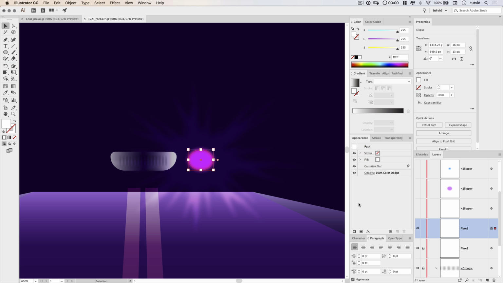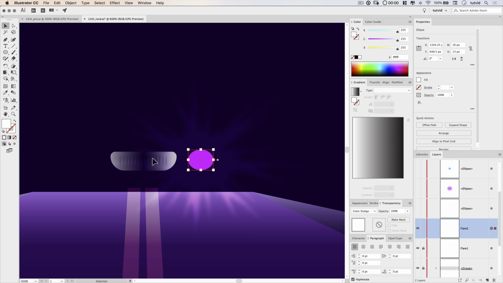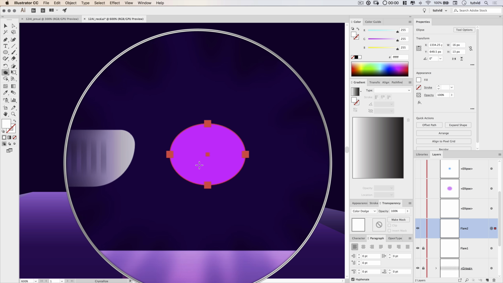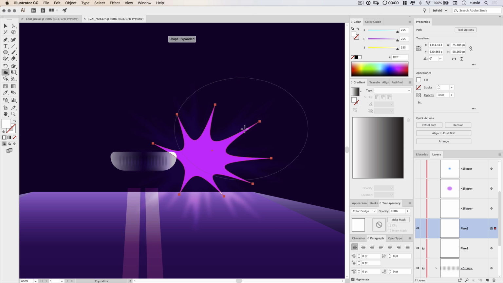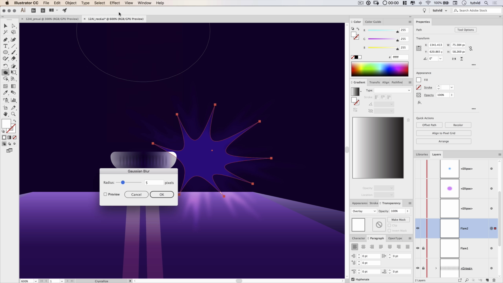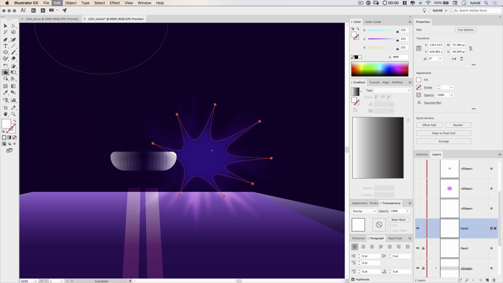Now with this layer, we'll go through the same stuff. Go to Appearance, get rid of that Gaussian blur. We are going to be setting this to Overlay, but for the time being, I'm going to leave it as Color Dodge so we can see what we're doing here. I'm going to grab the Crystallize tool again, and this time I'm going to click in the bottom left quadrant of this ellipse, and just drag to the top left, just one stroke like that, clicking and pressing through it to really create this much more bursting looking flare shape. I'll go ahead and set this to Overlay. We're going to blur this as well, Effect, Gaussian blur. And I'll give this something like a 5, maybe a 6-pixel blur. And there are our first 2 flares. We'll go Edit, Paste in Front again.